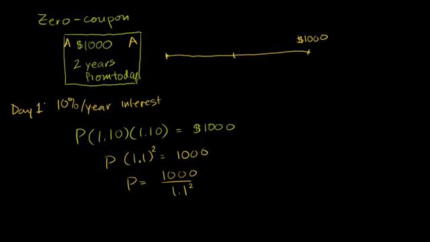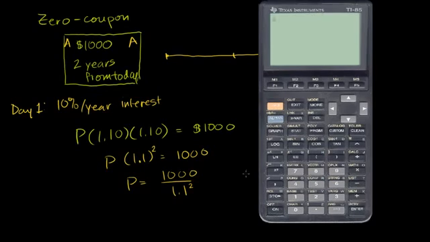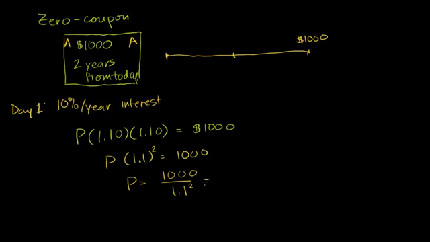So what is this number right here? Let's get the calculator out. If we have 1,000 divided by 1.1 squared, that's equal to $826, well, I'll just round down, $826. So if you were to pay $826